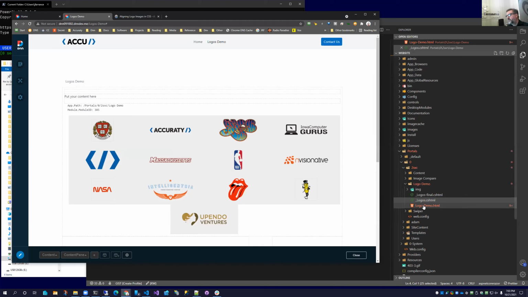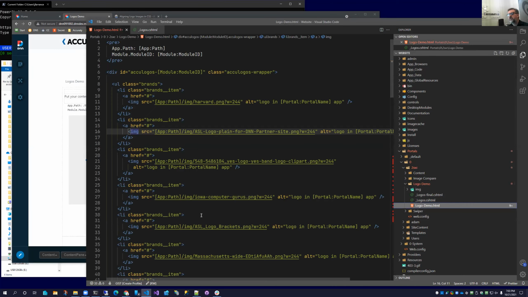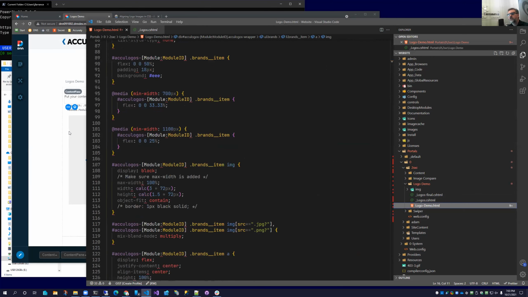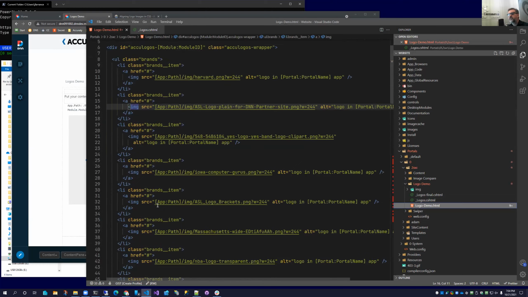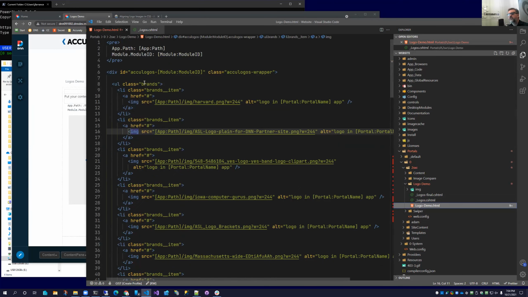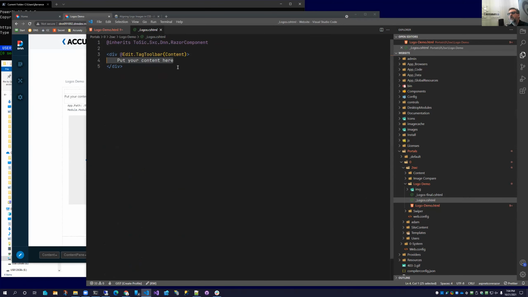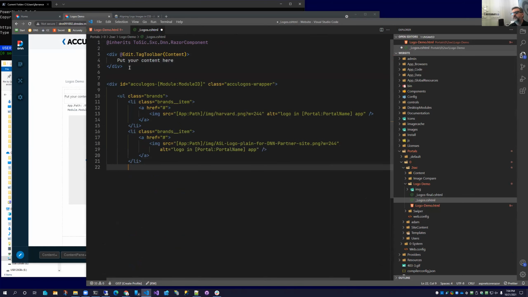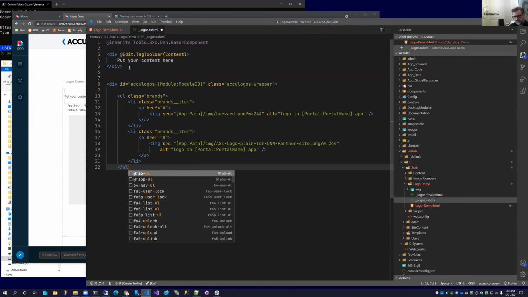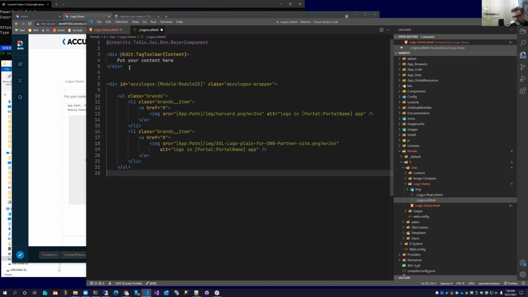So now the process becomes, what do I need from here to move into my code file? And what's interesting is you only need the UL and the opening div tag. I'm going to actually take a couple of items temporarily just so visually it makes more sense. And we'll leave that up there for now. So obviously I need to close my UL and close my div.